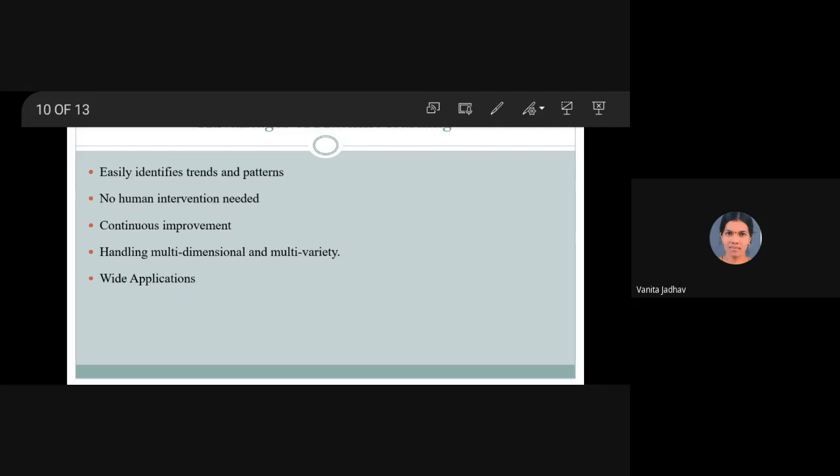Next one is handling multi-dimensional and multi-variety data. Machine learning algorithms are good at handling data in multiple ways and multi-variety, as they can work in dynamic or uncertain environments. Next one is wide applications.